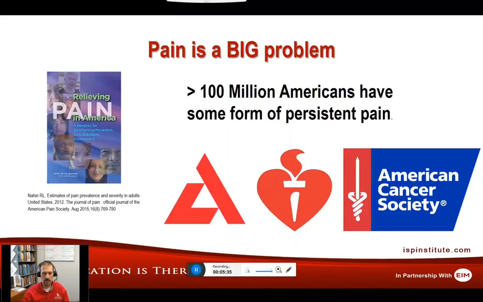Now, in the midst of our opioid epidemic, we recognize again the secondary problem that's going on with this significant persistent pain. Where pain was previously thought, well, it can't, quote unquote, kill you, where heart disease and cancer and diabetes can, we're now recognizing that pain, because of the secondary problems with opioids, can lead to unfortunate deaths for individuals. The other problem we have to recognize from a societal standpoint is that how we treat and how we relate to these individuals is often different.